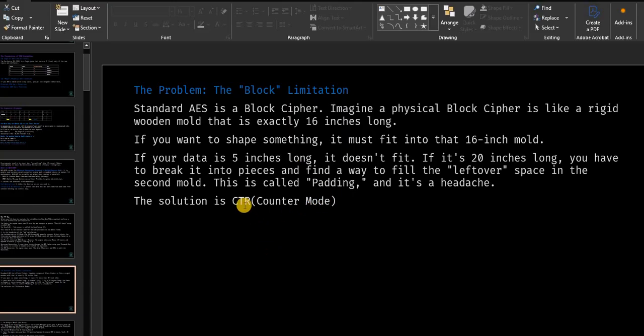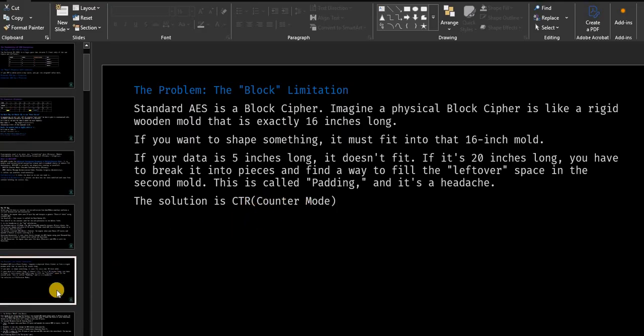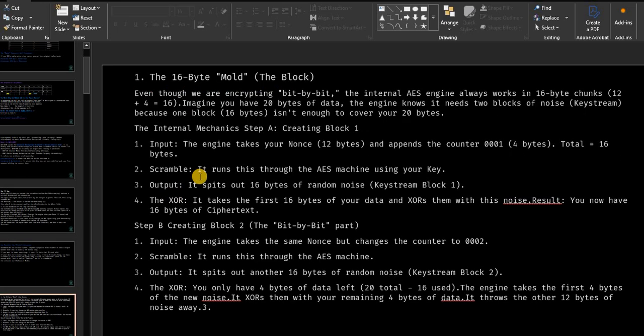That's why this part came up, the CTR mode, the counter mode. So how does it work in CTR mode? This is how. Here I try to explain in as much detail as I can, because this is how I understand it. So imagine you have 20 bytes